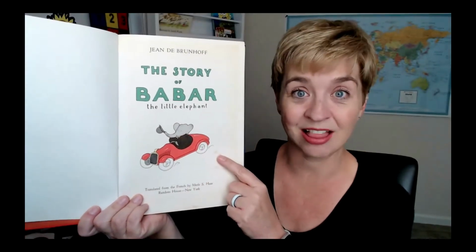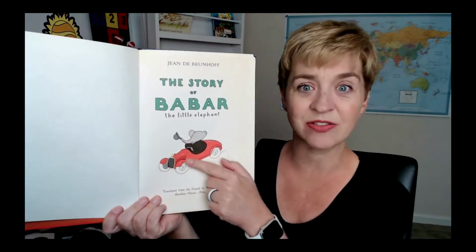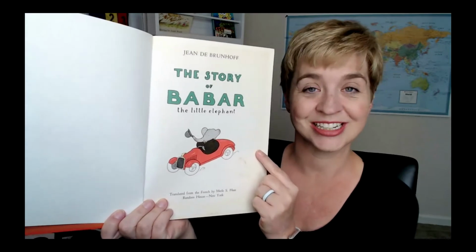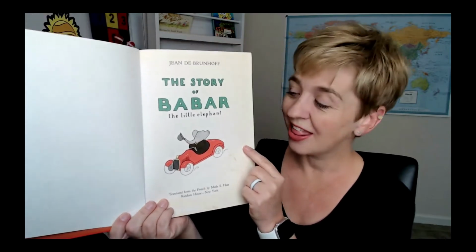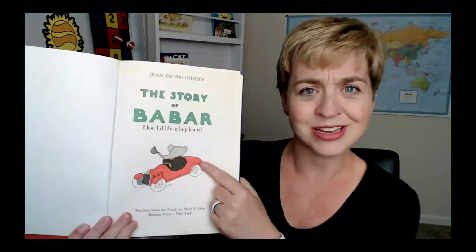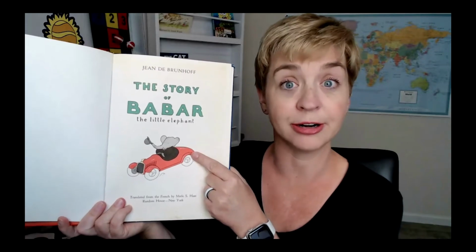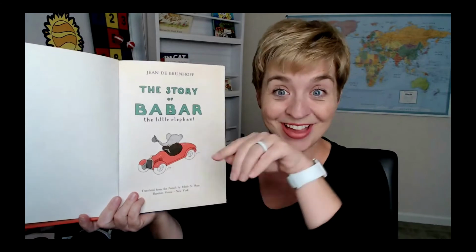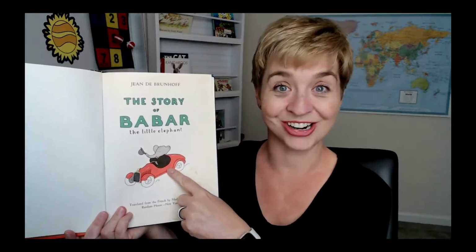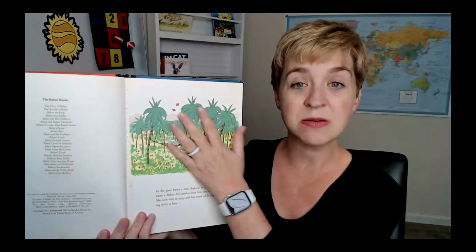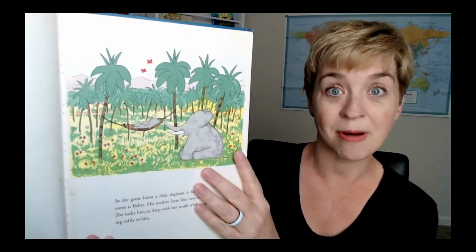Elephant. Can you say elephant? And what is the elephant driving? It's driving a car. What color is the car? It's a red car. The elephant is driving a red car. The elephant is driving a blue car? No. The elephant is driving a red car. Good job. And then as you read the story, you spend more time focusing on and talking about the pictures